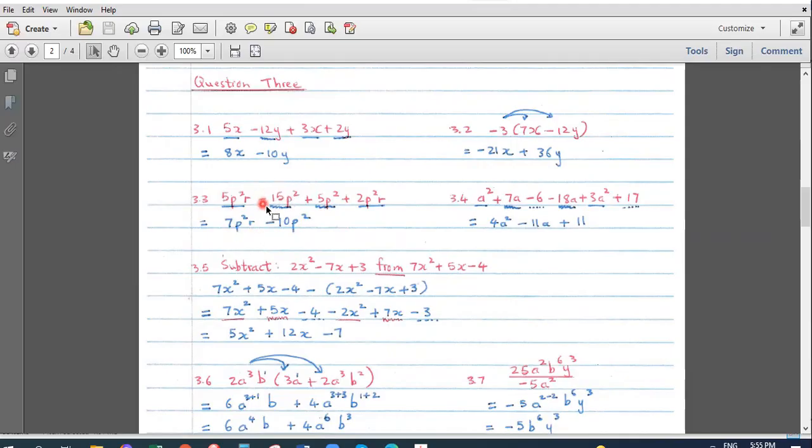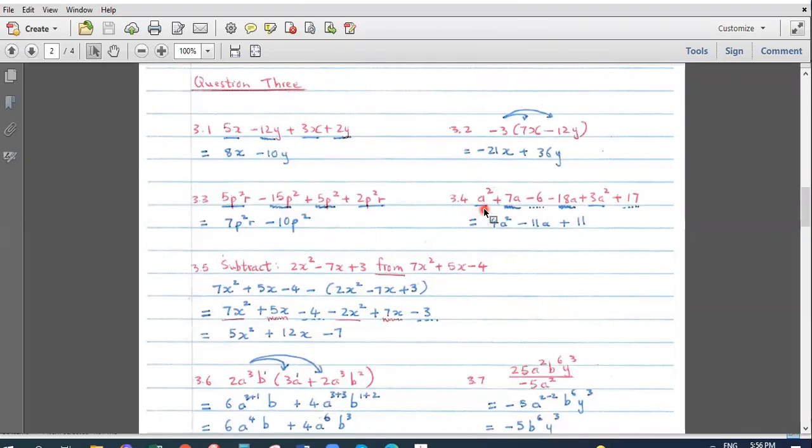And this is -15 plus 5. So you've got to work out -15 plus 5. That gives you an answer of -10. So you write down -10 and your variable p squared. Okay, so we'll erase this. Now, next question,